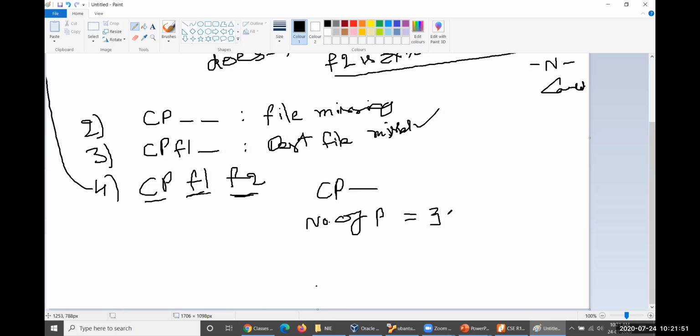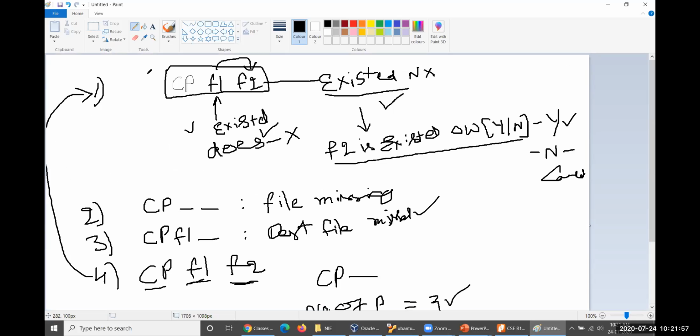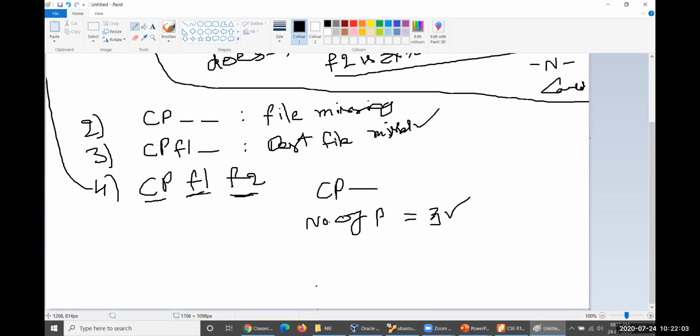If it is 3, well and good, you go ahead and check the conditions; this whole story will be checked by us. If it is not equal to 3, then you need to provide a certain message. If the number of parameters is 1, only the executable name is given, then files have been missed. That is the error message you have to return here.